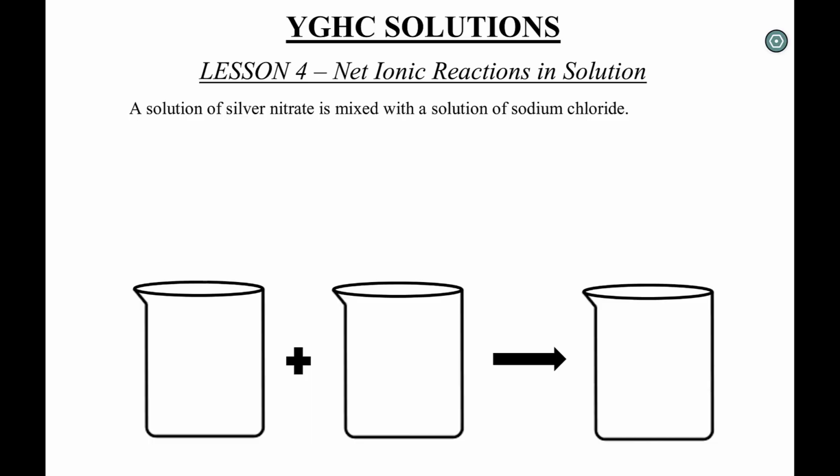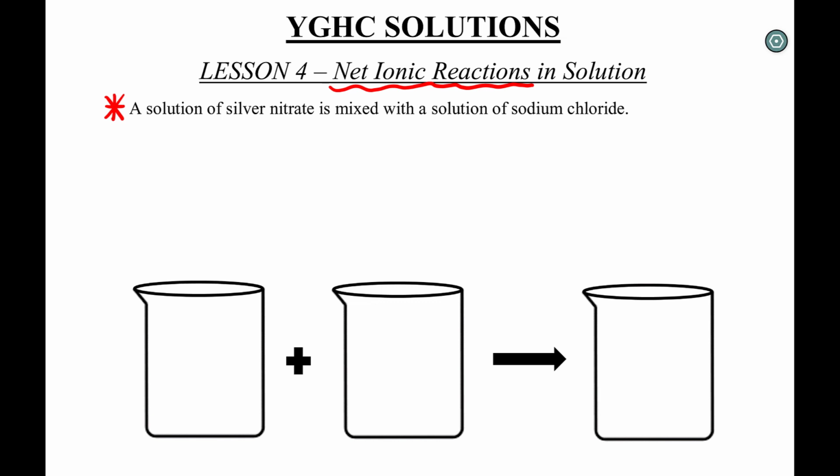So in today's lesson, we are going to learn about net ionic reactions. A net ionic reaction is a reaction that only shows the chemical species that actually react with one another. So questions like this double replacement you did, say, in Science 10 isn't really the most accurate way of showing this chemical reaction. Before we go into more detail about net ionic reactions, what I would like you to do